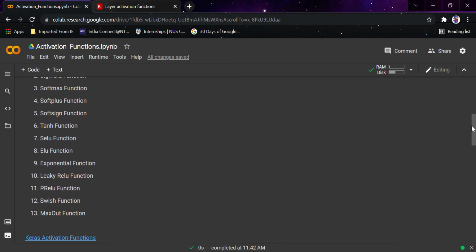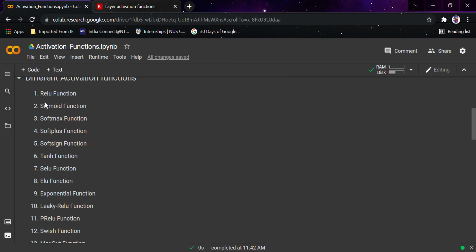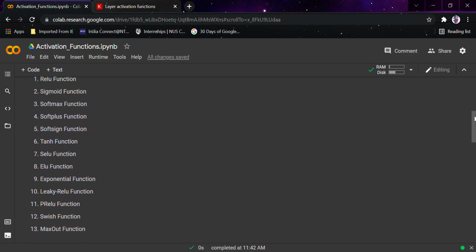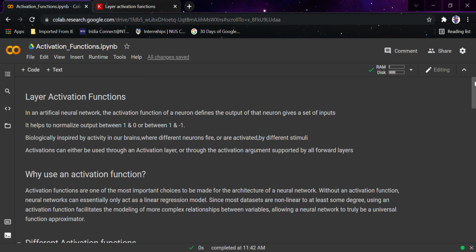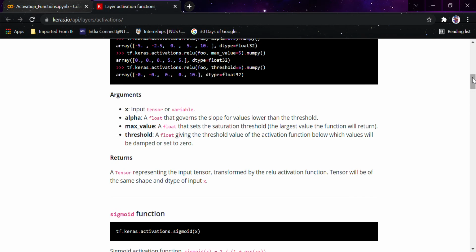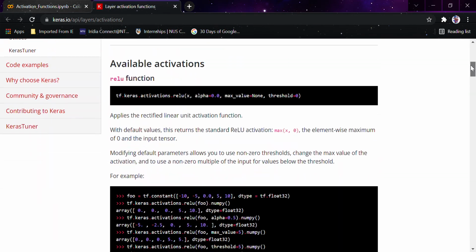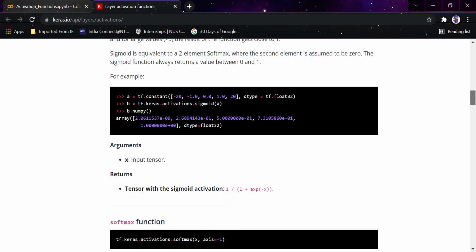We are going to look at each and every activation function, starting from sigmoid or ReLU, and then move on to every other activation function. Overall, all these activation functions would be covered in around 8 to 9 videos, because functions like leaky ReLU and PReLU can be covered in a single video only. So it's going to be an exciting series when it comes to every activation function in detail. We are obviously going to use custom functions also, and we are also going to look at some predefined functions in Keras like ReLU, leaky ReLU and sigmoid.